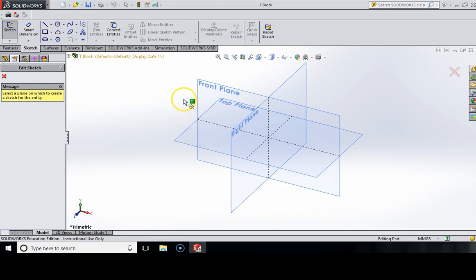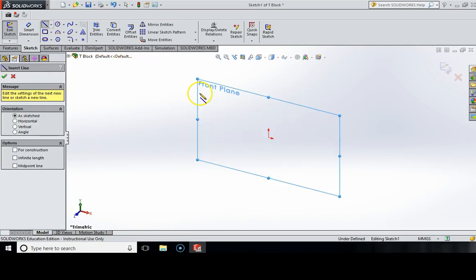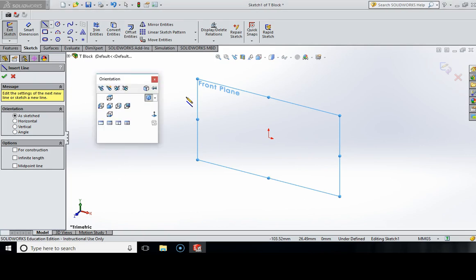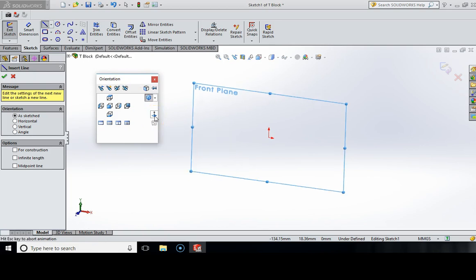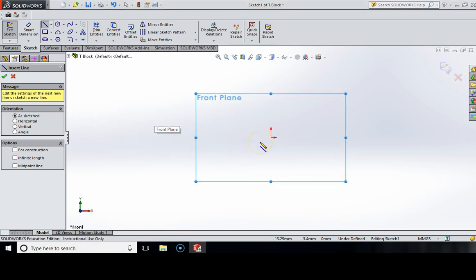I'm going to tell you that we want to draw this on the front plane, so I'm going to left click on my mouse, and you can see two things have happened now. We now only have our front plane, and our cursor has changed to a pencil with a blue line, so that is telling us that it's ready to start drawing. Now our front plane there is in a 3D view, which in theory we can draw on, but it's a lot easier if we're drawing on that in 2D. So to do that, if I click the space bar, our orientation window will open, and I want to click Normal To, and we can see that our front plane has now become 2D,